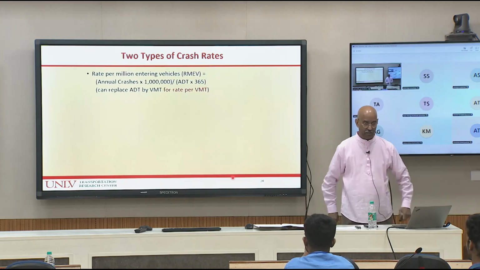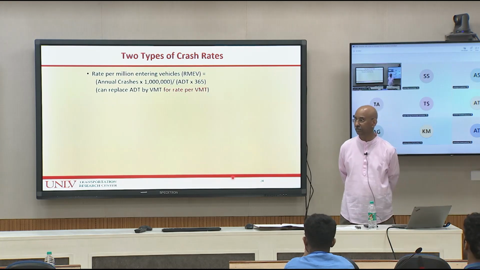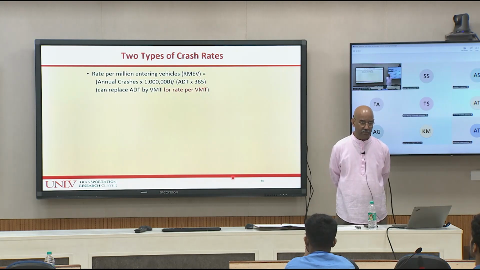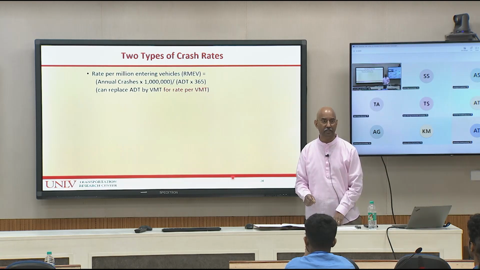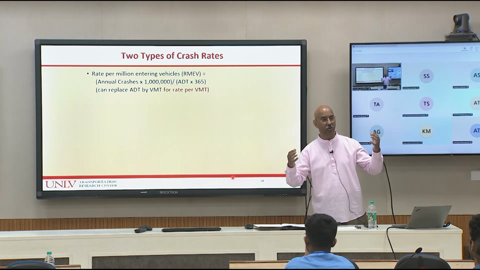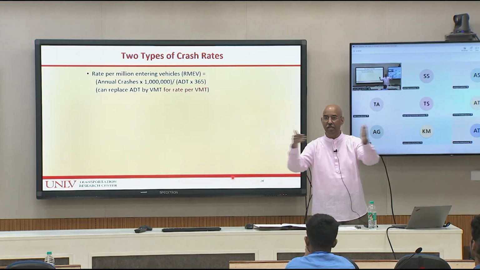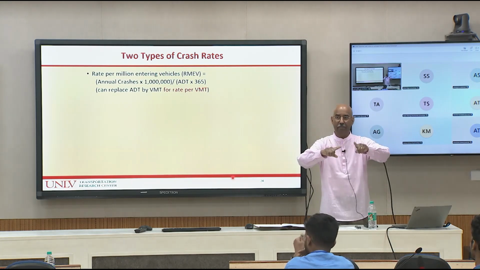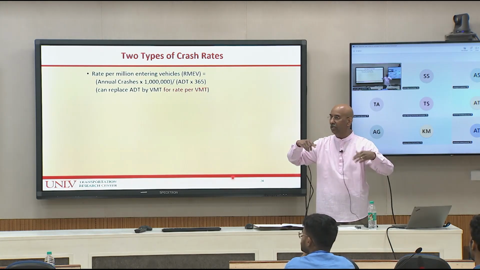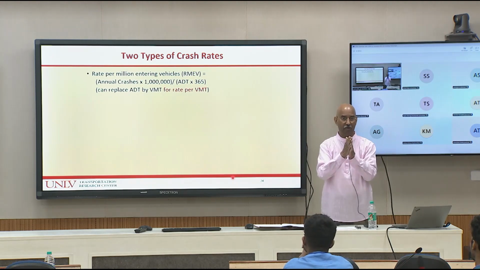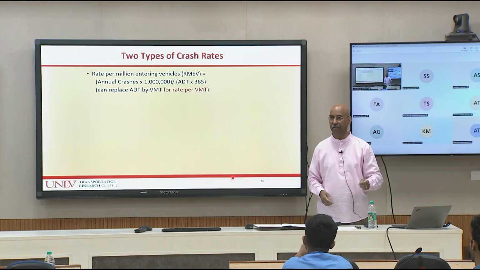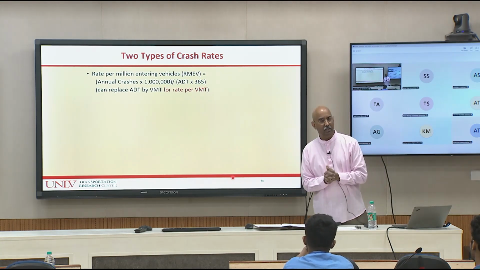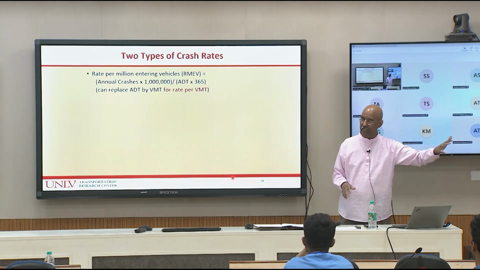Alright, so building on this, there are two types of crash rates. Professor Maurya asked this a few moments ago, and a couple of you. One is when you look at intersections or a specific location, what we want to know is a measure of exposure or activity, how many vehicles are entering, crossing paths. Basically what we are looking at is potential conflicts, for which we need to know the total number of vehicles entering, number of pedestrians entering. But in the United States, so far the pedestrians, we are treating them differently.